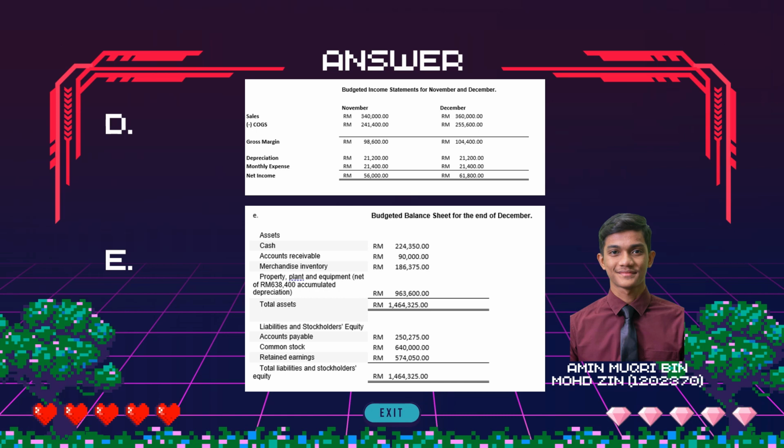And then merchandise inventory, we get from ending inventory in December. And then for the PPE, we minus accumulated depreciation, which is 22,800. And then we get the total asset,